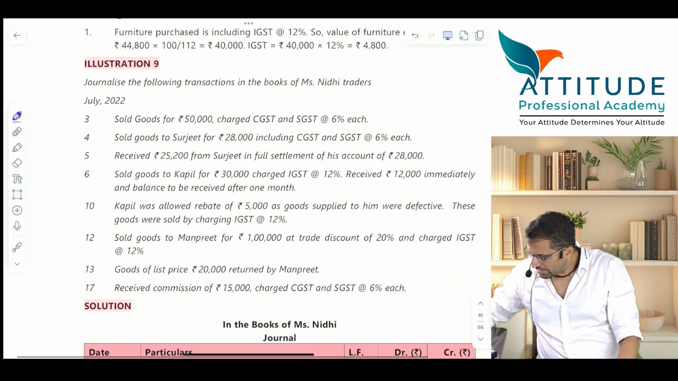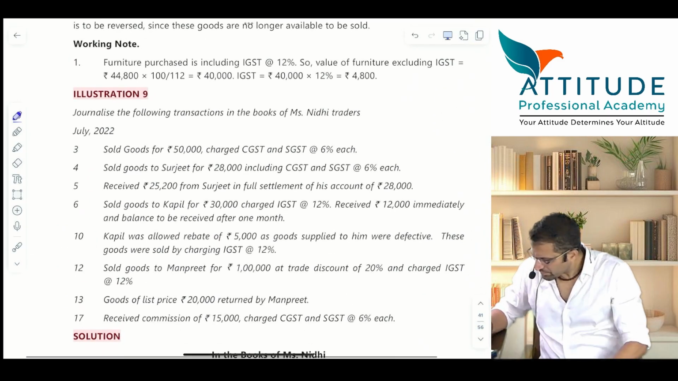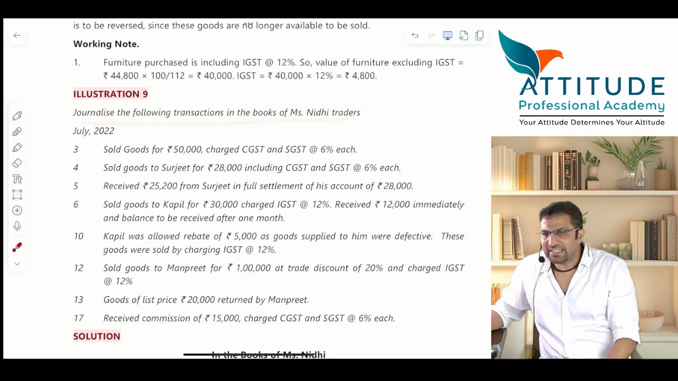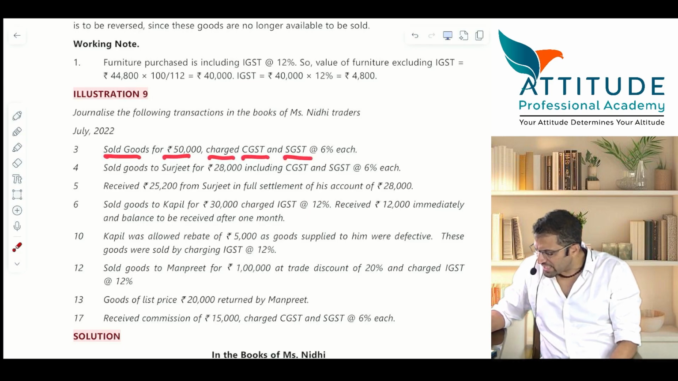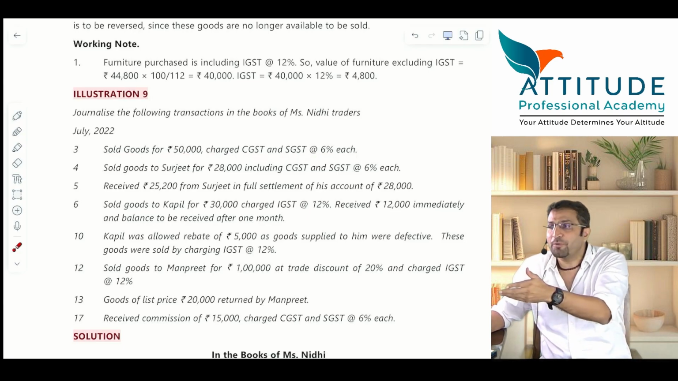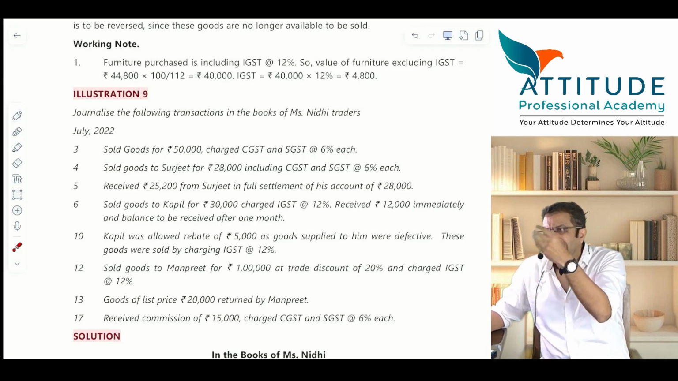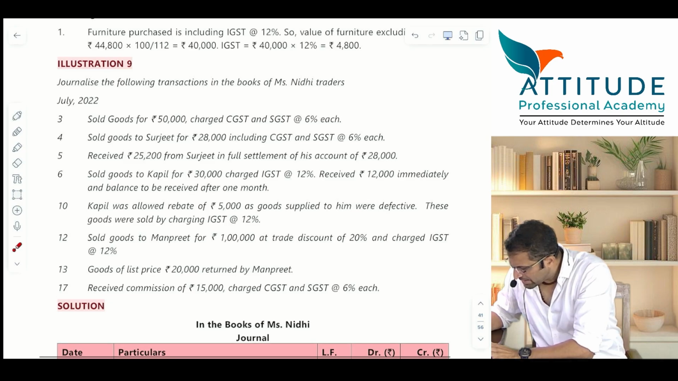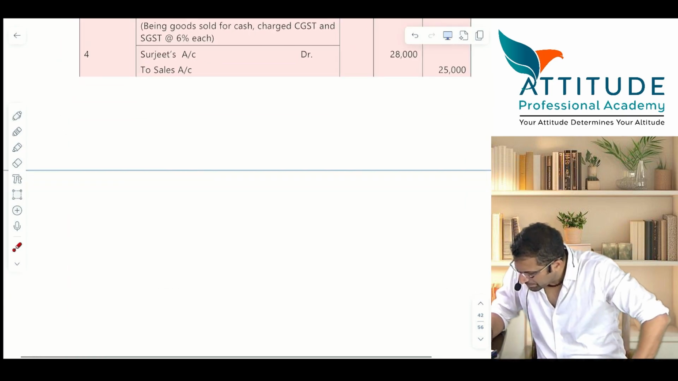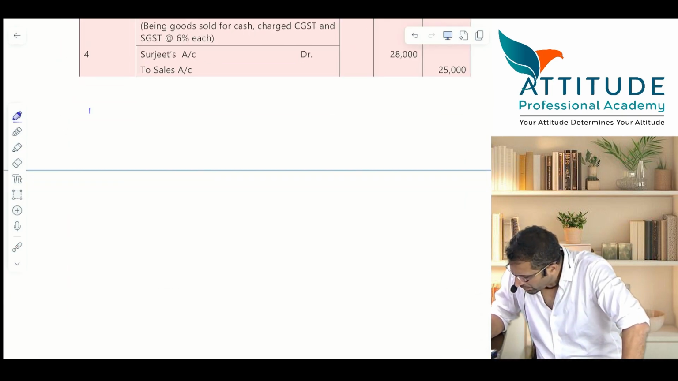Okay, come down here. Ninth one. Journalize the following transactions in the books of Nidhi traders. You are Nidhi traders. First one, sold goods 50,000, charged CGST, SGST 6%. Sold goods to whom you have sold is not given, so it is cash sales. What sales? Okay, 50,000 is 6%. Now tell me, answer. First one,